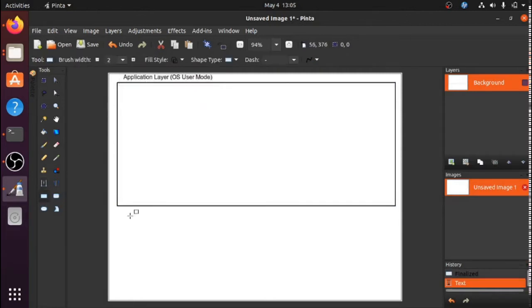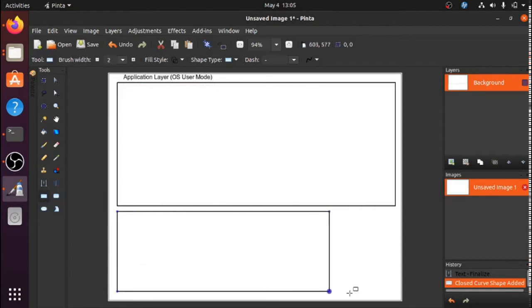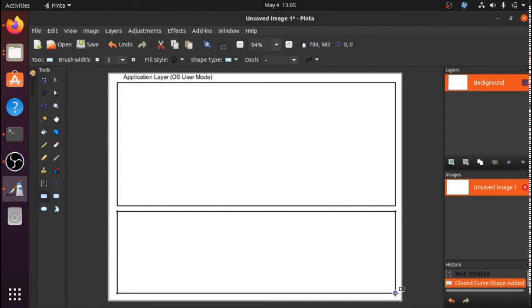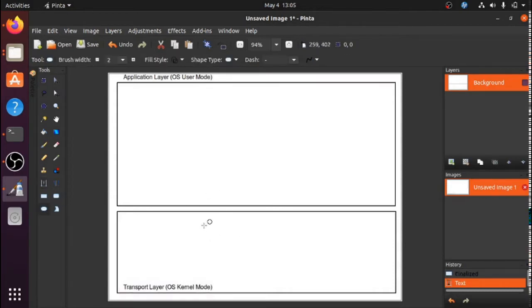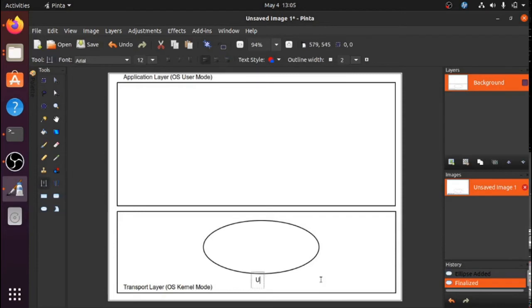Then, just below the application layer, we have another layer called the transport layer. We know that this is OS kernel mode. For today, our focus in this transport layer is just UDP, which is the transport layer protocol. So let's first talk about the UDP Echo server.